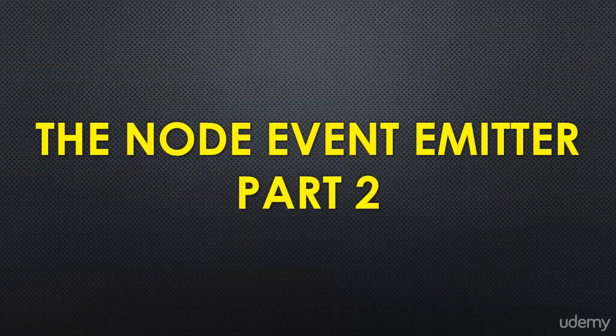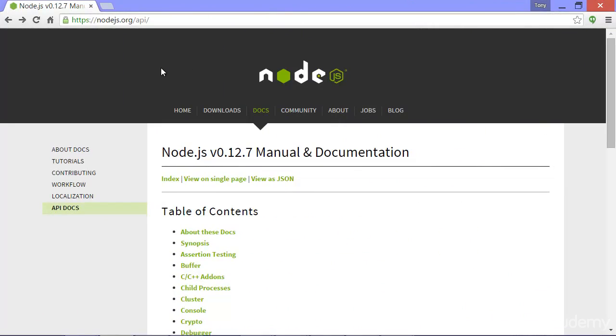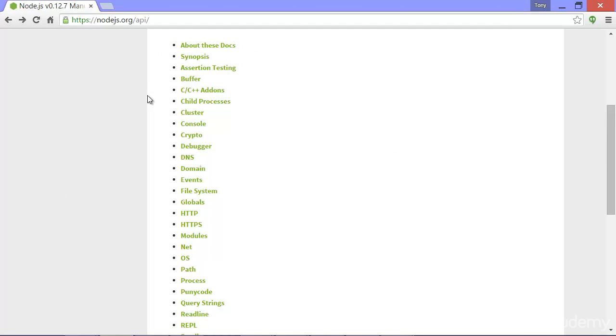All right, we've built our own event emitter. Now it's time to take a look at the one that you would use in your real-life Node applications. Let's look at the Node event emitter. For starters, as a Node developer, you should be familiar with the Node API documentation, which tells us about all